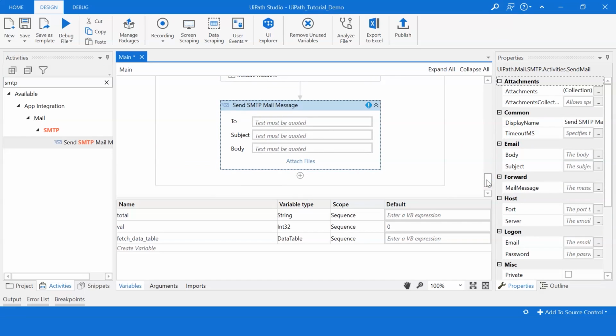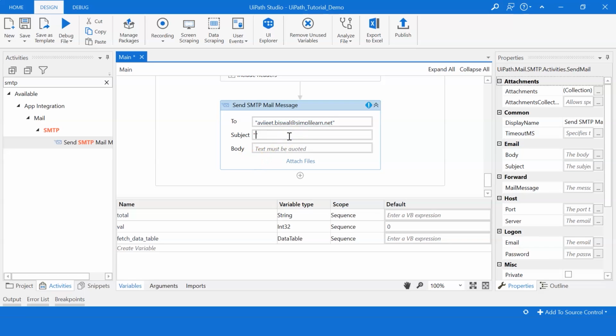Now we need to configure this. I'll be actually sending this email from someone else's email ID to my email ID. So under to, I'll give my email address, which is within quotes, I'll type abhijit.biswal@simplylearn.net.